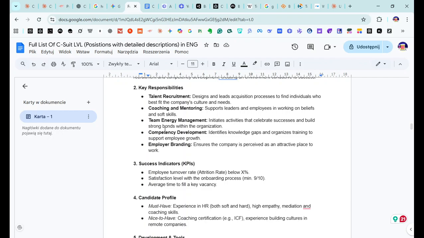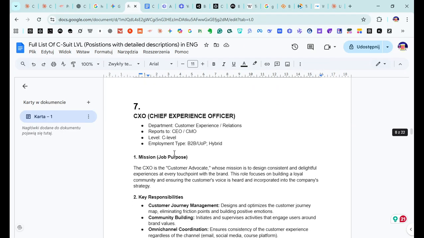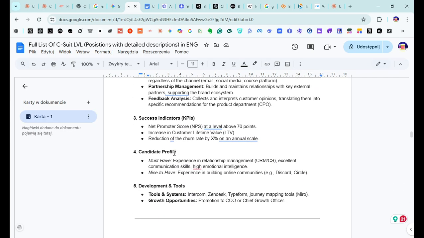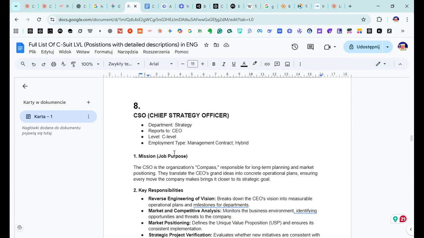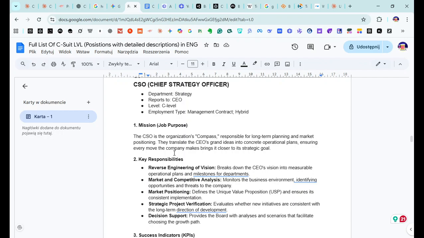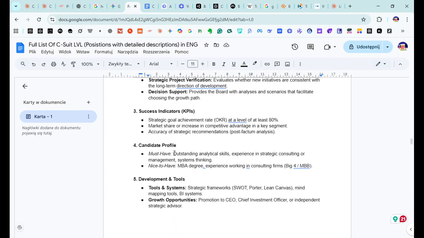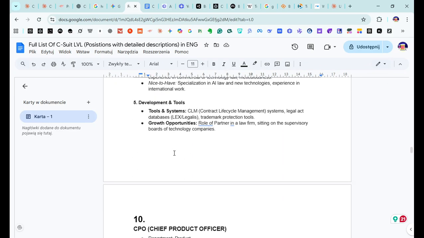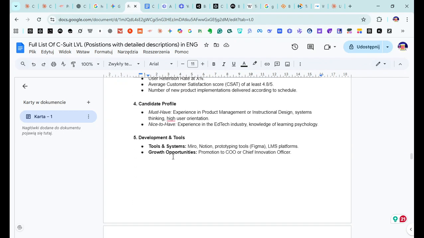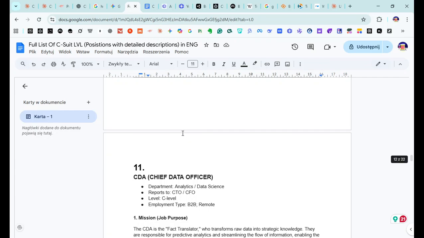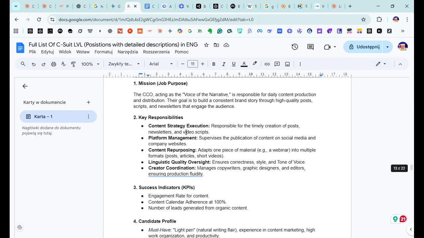So the C-suite level positions or job descriptions, let's approach it more humanistically and let's not try too hard to make it perfect for Claude to make it easier for it.